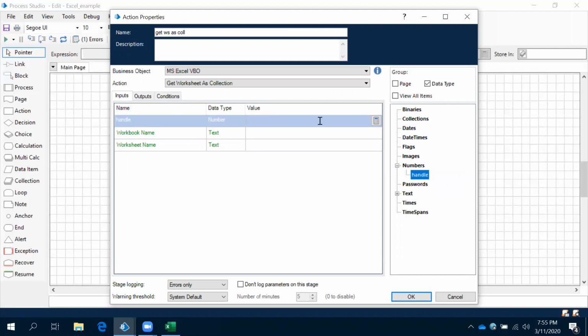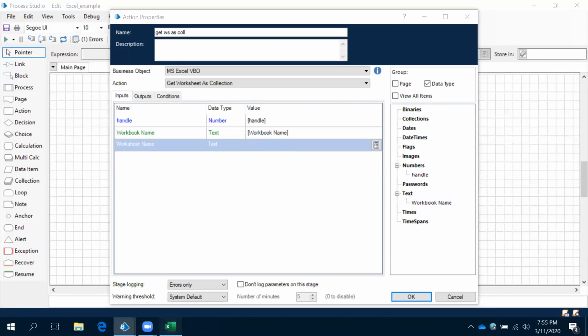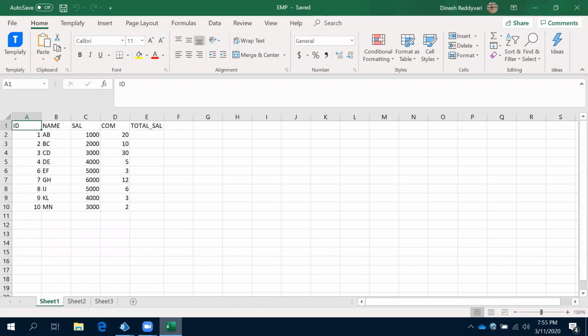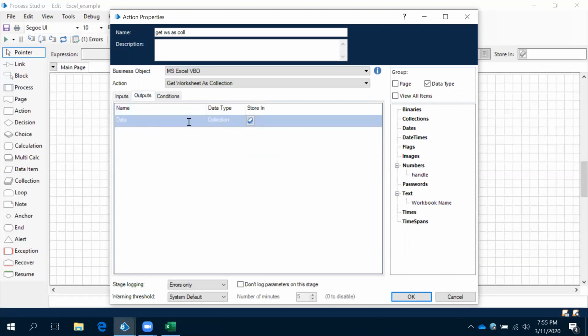Handle, then workbook name, which is here, and then worksheet name. It is asking for the sheet name, meaning which sheet has the data. Sheet 1. Just copy this, come here, and we have the data in Sheet 1, right? Now we are going to save this in a collection.